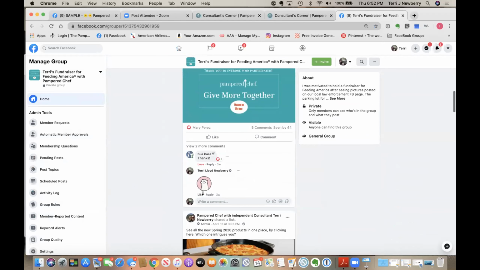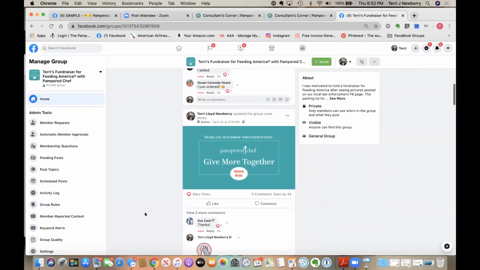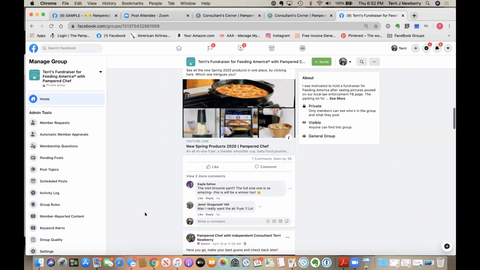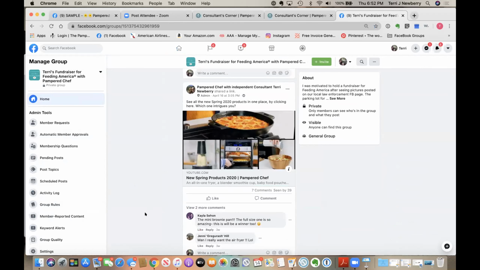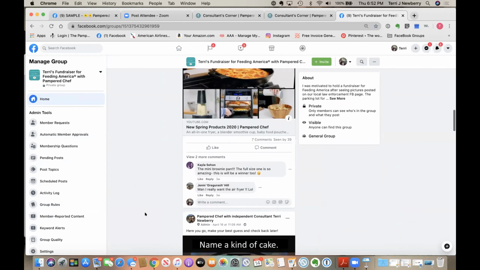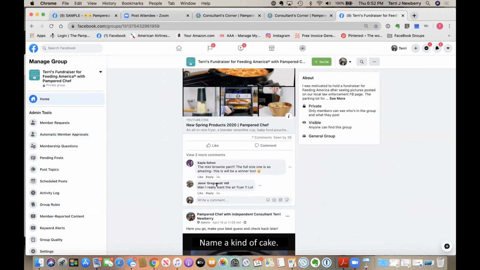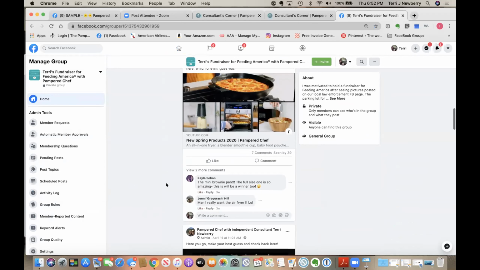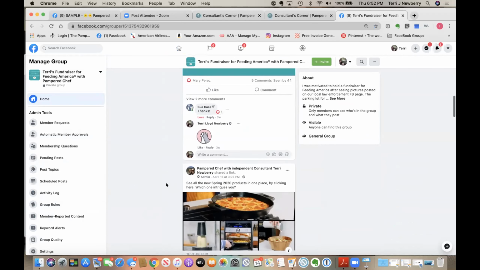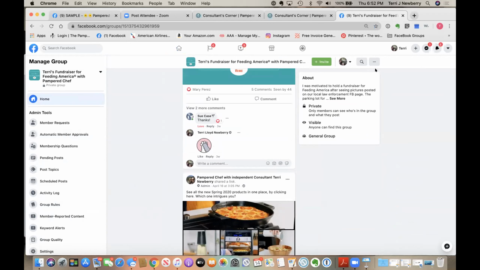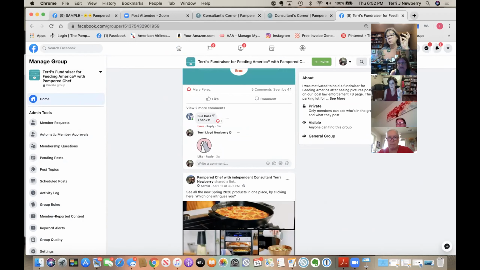whatever post was commented on last is going to end up at the top, even if that post was made the first day of the party. So every time someone comments on a post, it rearranges the post and puts it up at the top. That's the way Facebook parties work, okay? Did everybody know that? We're all on the same page. Everybody knew that, right? If you didn't, that's okay.